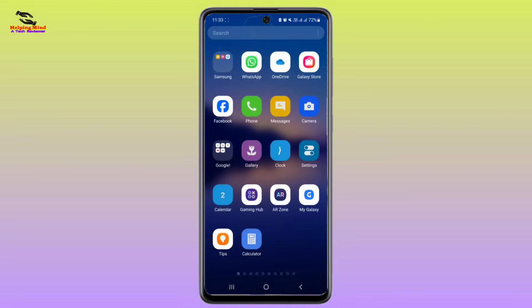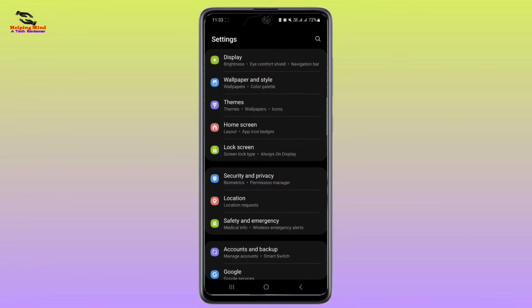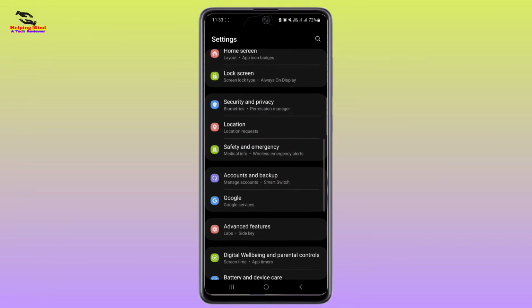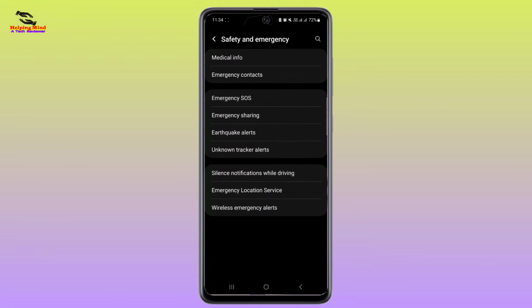First step, open your Settings app and scroll down to find Safety and Emergency, or sometimes it's called Advanced Features, depending on your phone model. Next,